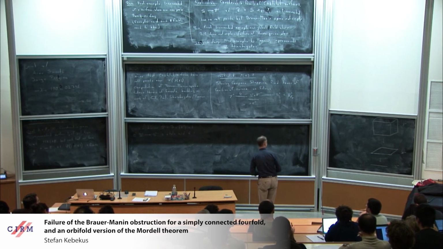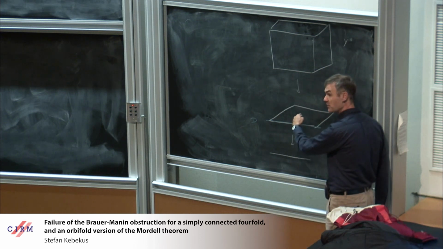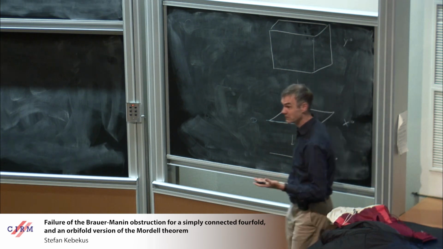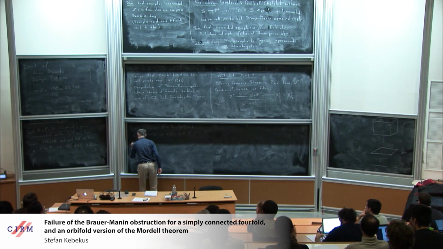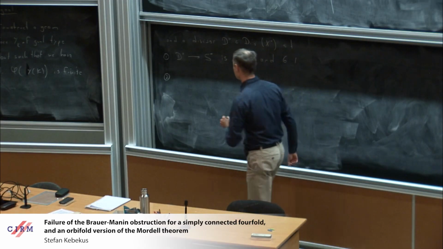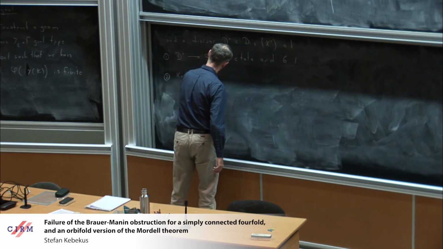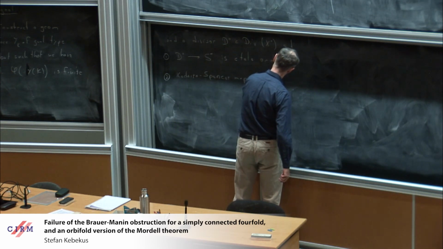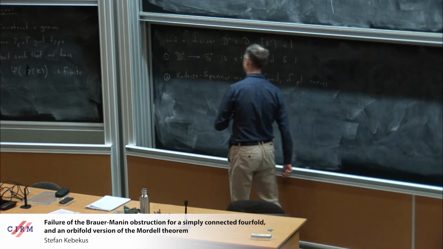We can view X and D over S naught as a family of pointed curves. So fibers are P1, and they have 6 distinguished points. And I'm asking that this family is not constant. Better still, I'm asking that the Kodaira-Spencer map of the family of pointed curves does not vanish.